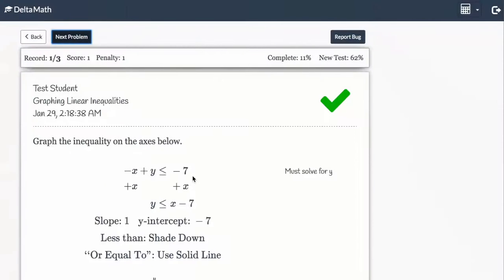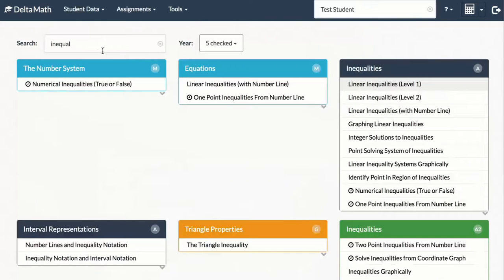So they can see, if they get the question right, that now they're 11% complete, but their new test is 62. This is their new and improved test grade. So they can see this go all the way up to 80% because we said that their score could be 50%. So if we go back to the teacher page,